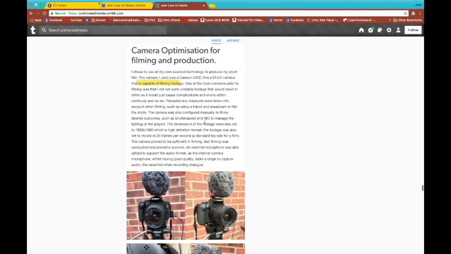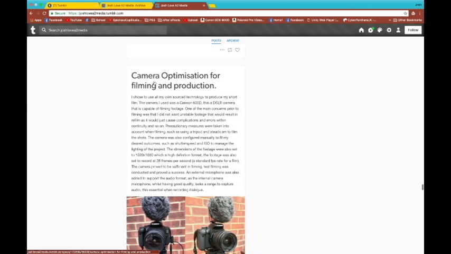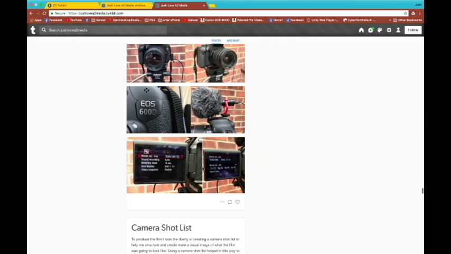Before filming, I had to make sure my camera was correctly optimised for production. I used the Canon 600D. This is a DSLR camera that is capable of filming good footage. I had to make sure things such as the aperture, the resolution and the shutter speed were all correct before filming, as this would affect the outcome of the actual product. I made sure that my camera was in a 1920 by 1080 resolution and it was at 25 frames per second consistently throughout the project. Otherwise, the inconsistencies would make the film look weird and would cause a negative effect on the viewers.